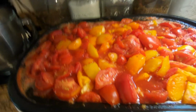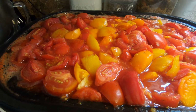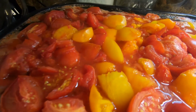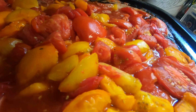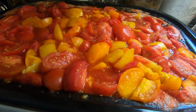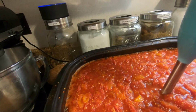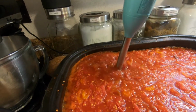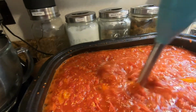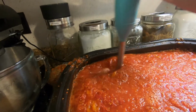Today I'm going to try 2 different ways of making tomato sauce the easy way. The first way I'm going to try is you cook up your tomatoes till they're soft, and then you take an immersion blender and all your skins just blend up with it. I made a mess. Just remember, don't pull your immersion blender out of the...